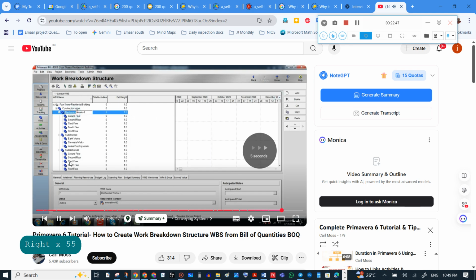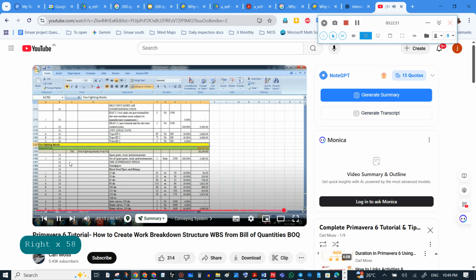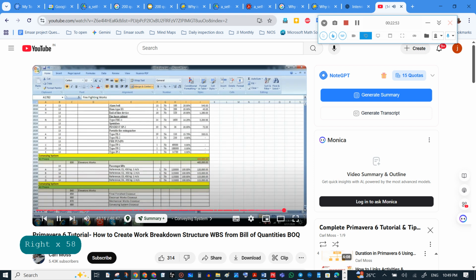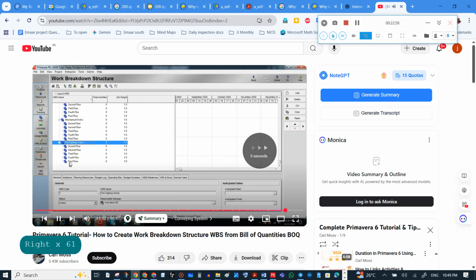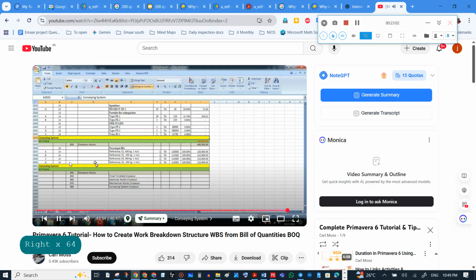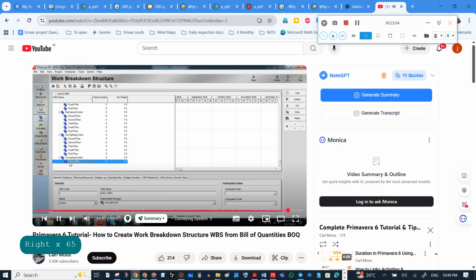After that is the conveying system. Add it to the left. Then click add, conveying system. Then click here, paste. Then the final conveying system.